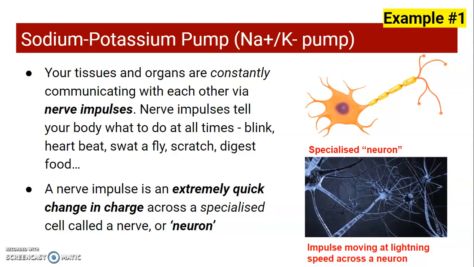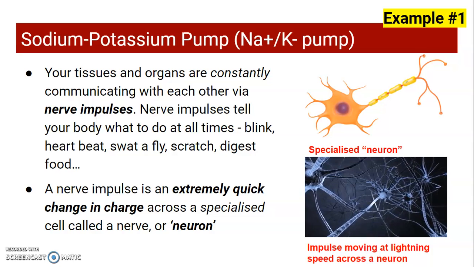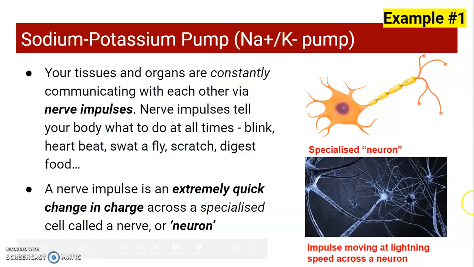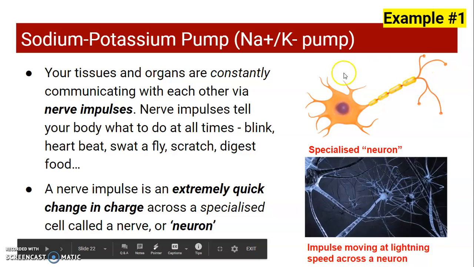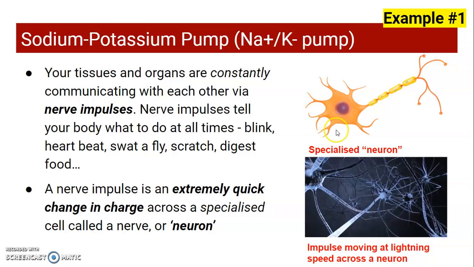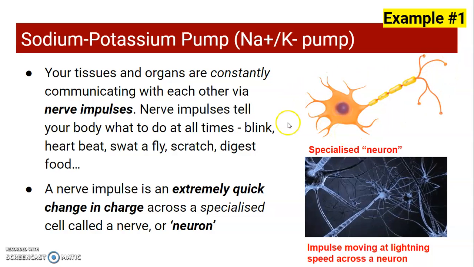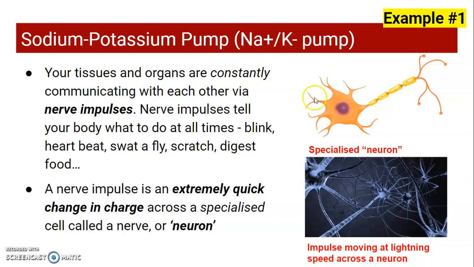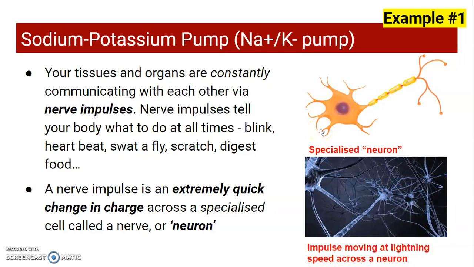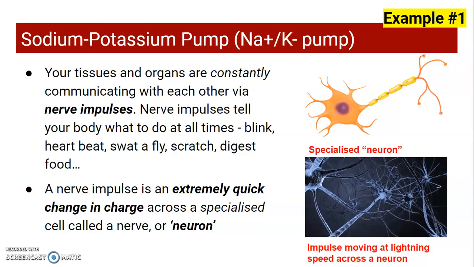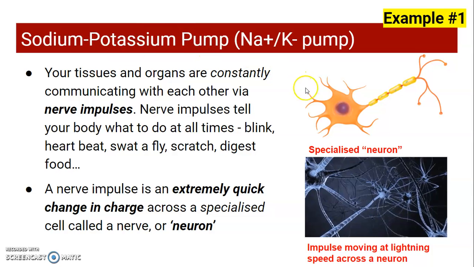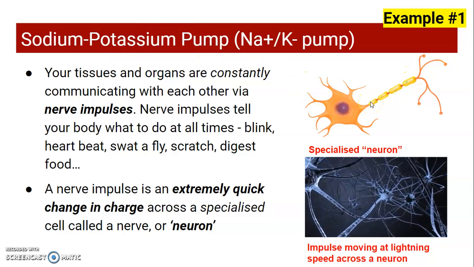So the first one would be the use of active transport in very specialized cells in our bodies called neurons or nerve cells. So as you can see, this cell here does not look like our typical drawing of an animal cell. This part kind of does, but the cell itself has all these dendrites and an axon and all these kind of funky things going on, and that's because it is very specialized. So we've talked about specialized cells, and this one is specialized in that it has a lot of what we call sodium potassium pumps along its axon, this big long skinny thing here, and they're used